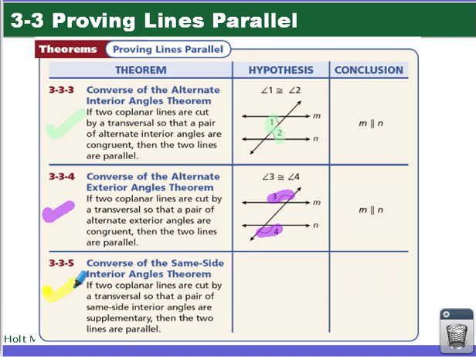So the hypothesis tells us, if the measure of angle 5 and angle 6, so notice angle 5 and angle 6 are same side interior angles, if the sum is equal to 180 degrees, then those two lines,